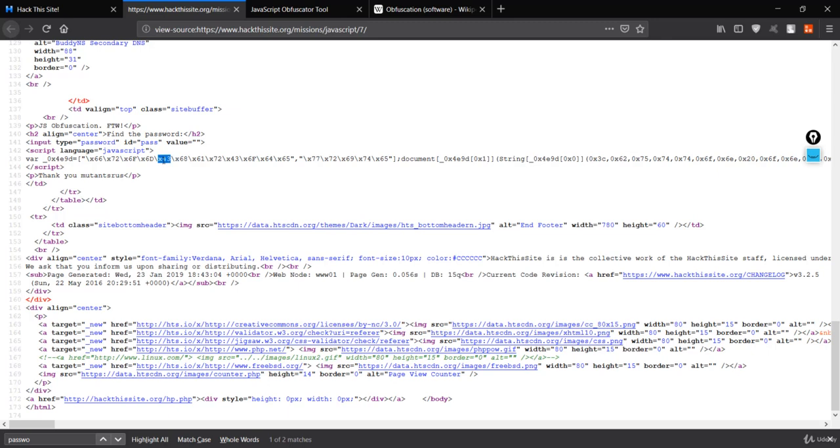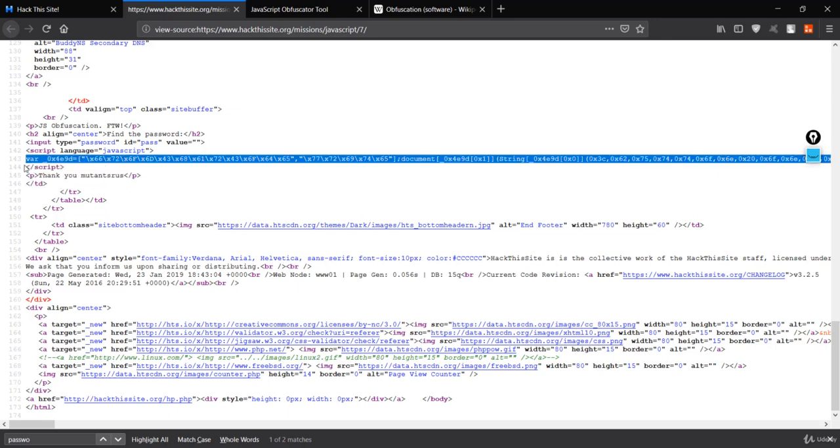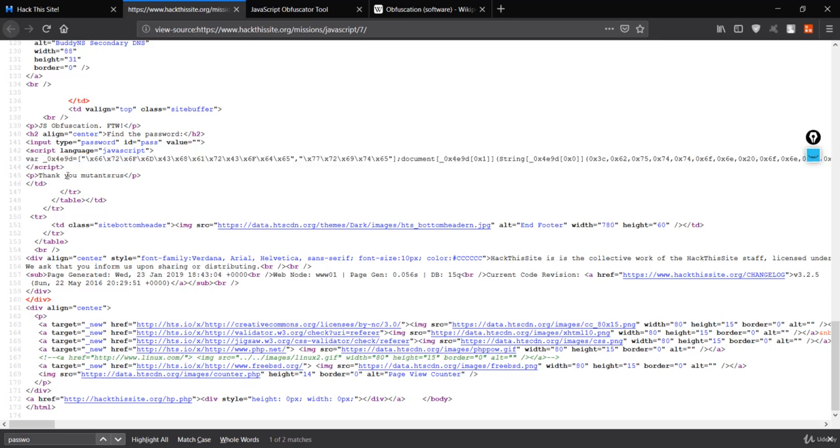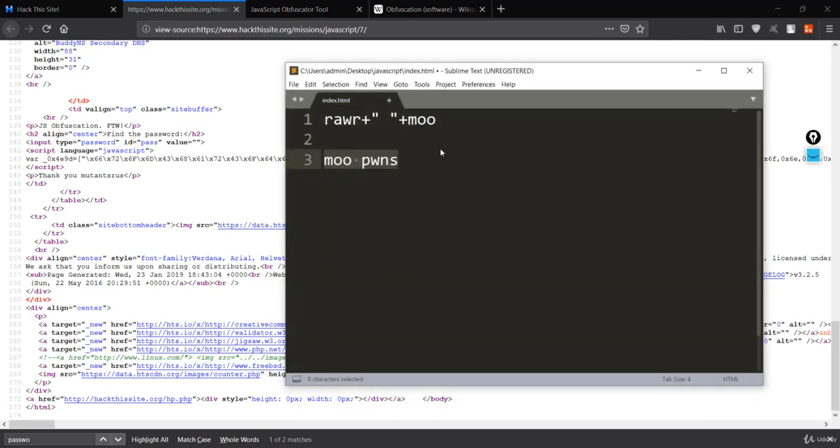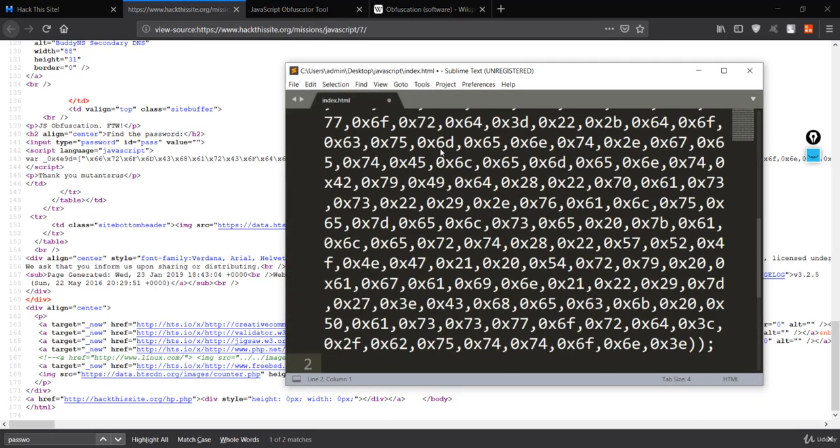This is our JavaScript code. Let me copy all of this, because you would expect that anything inside this script tag would be your JavaScript code. Let me open Sublime and paste it over here.